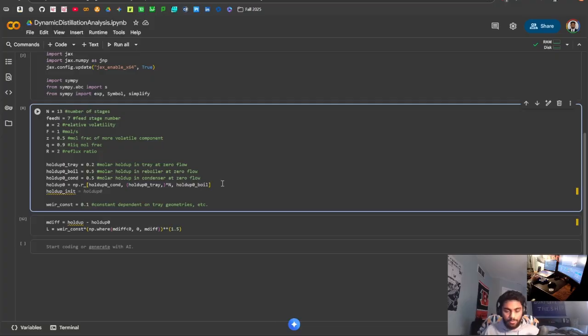And this is going to be different from the molar holdups here. This is going to be the initial amount of mass added at time t equals 0. So the initial amount of moles that is added, and then that's when our distillation column is going to start running. So this holdup, I'll say,